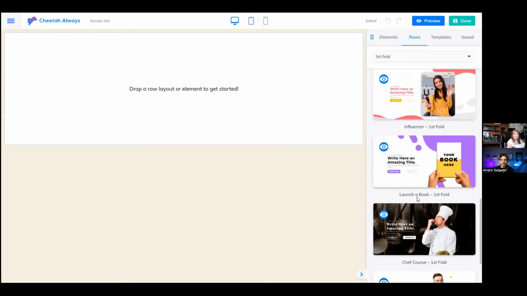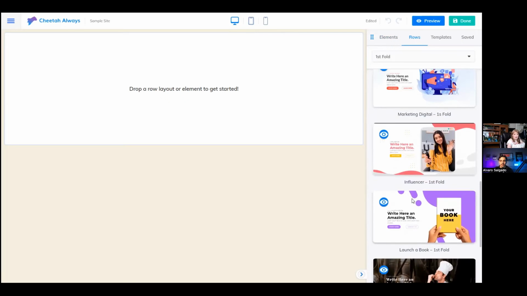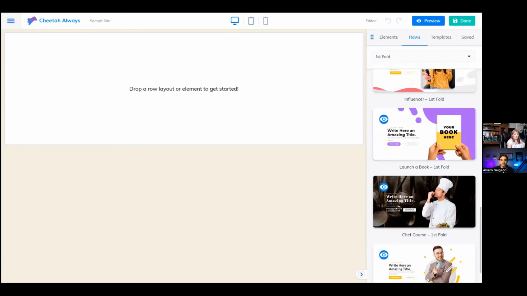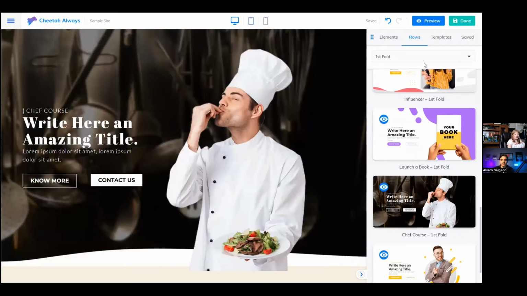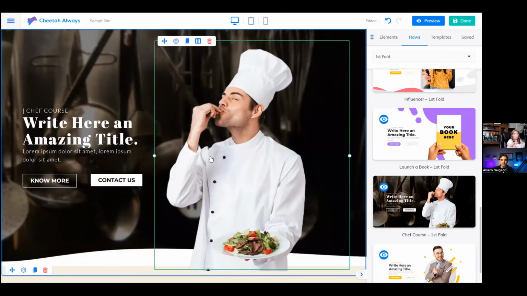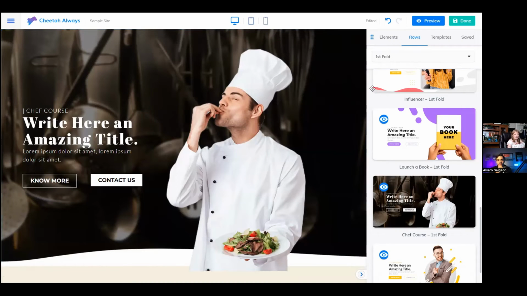And remember that I told you I was lazy. I don't like to build from scratch. Here's why. Because I can just grab something like this, click and pull it over and drop it, and boom, it's going to drop it into that website and actually have it configured for me. So all I do is some basic editing and that area is ready to go. And then I can start adding to, taking away, putting more in, using different elements and all that kind of stuff to make it all work.